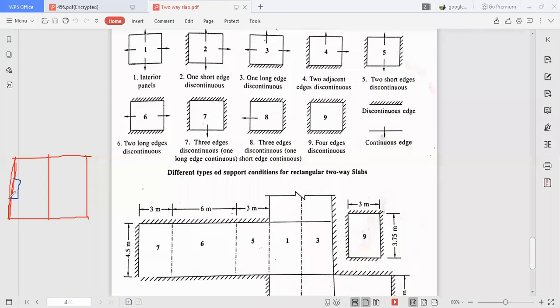Here we have the board, and these red lines are beams. Even here we have the portico, and on this edge we have the next classroom. This is the next classroom, and two slabs will be there in each classroom, right? In your classroom, if you observe, two slabs will be there, and on this side again you have one more classroom, the next further classroom. And on the front we have the corridor.